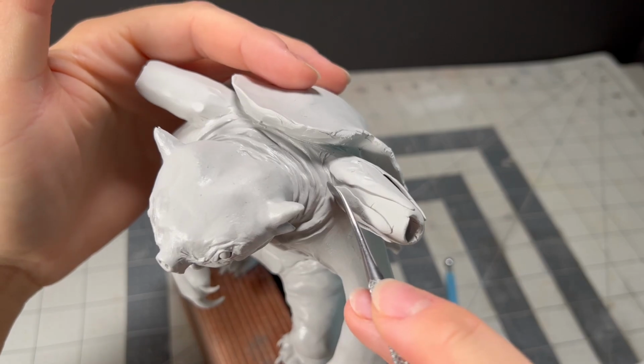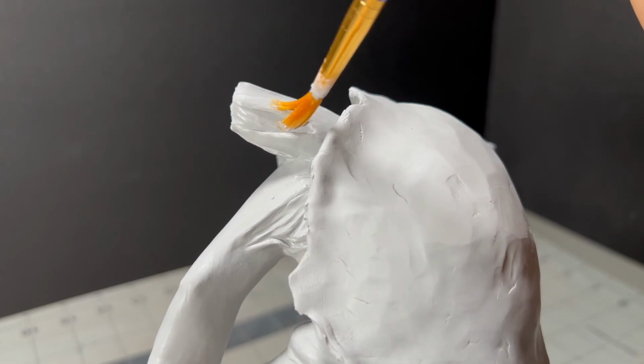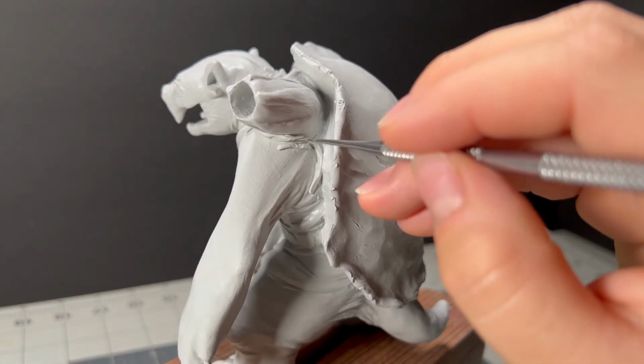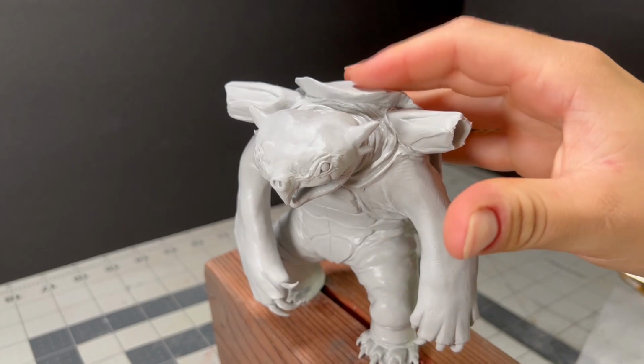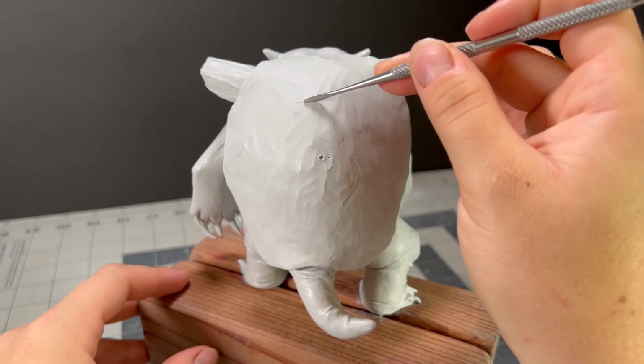I'll add a couple triangular plates of clay to each one and blend them together. And as I was doing this, it felt kind of barren where the barnacle meets Blastoise's skin, so I decided to add some wrinkles around them so they looked more like they were growing out of his body. With the general form of his water pumps done, I fold the shell back down so I can start